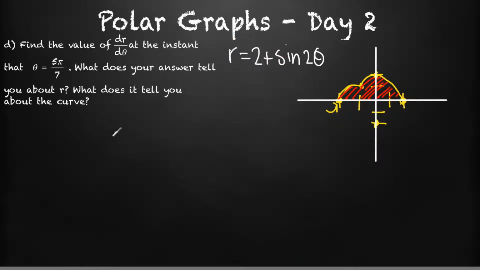All right, so now in part D, it says find the value of dr d theta at the instant that theta is equal to 5 pi over 7. What does your answer tell you about r, and what does it tell you about the curve? All right, so we have our r, and we say we want to do dr d theta. Now, since we're going to use the calculator here anyway, there really is no point in finding the actual derivative of r. I mean, we could take the derivative and it would be 2 cosine of 2 theta,